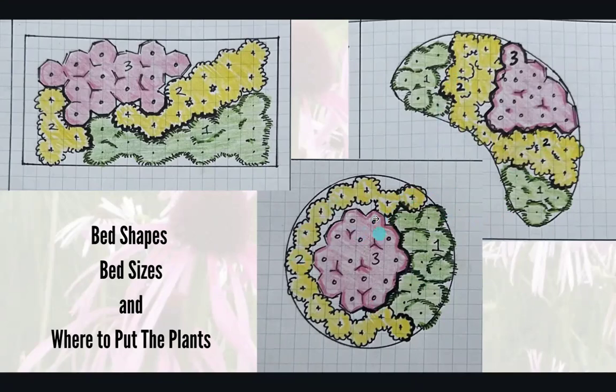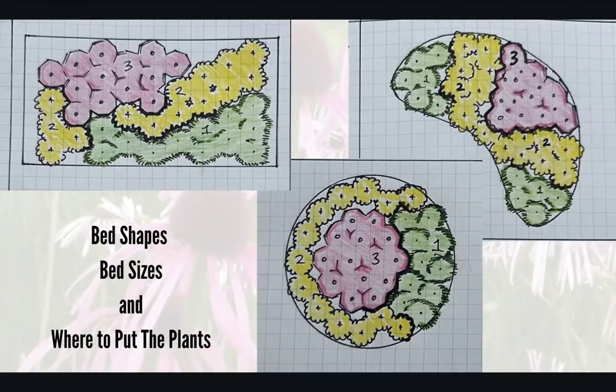Texture is within the plants themselves. This has some very coarse leaves, sharp points. These are a little bit more ovular. This is a really fine textured leaf. So these plants that we're looking at right here,